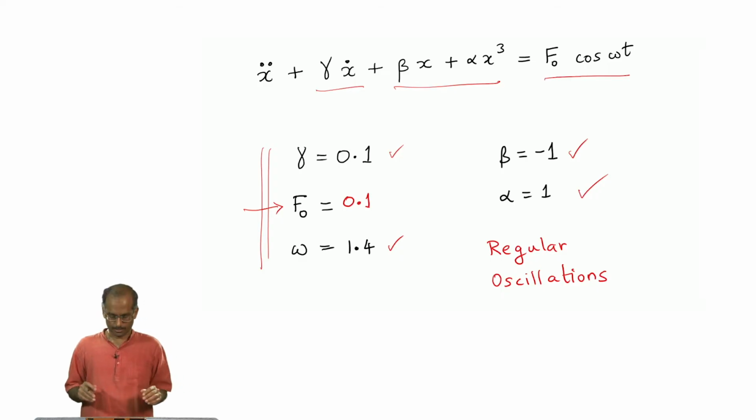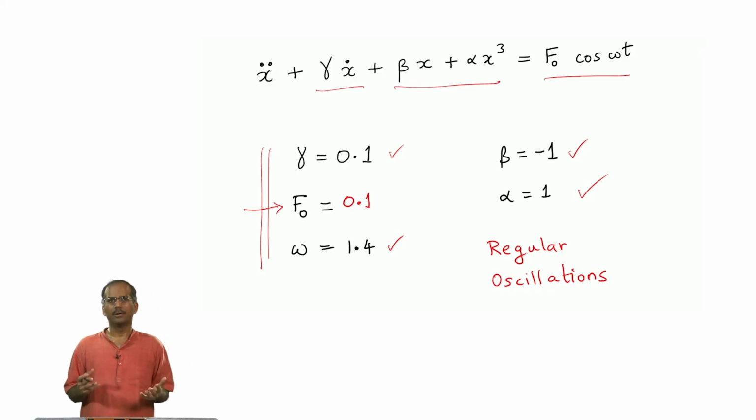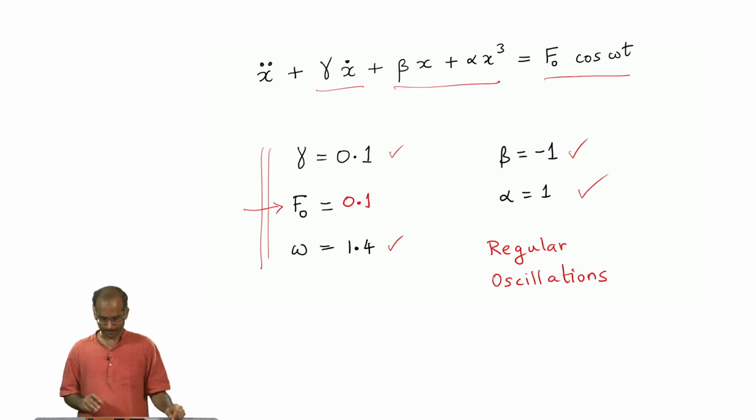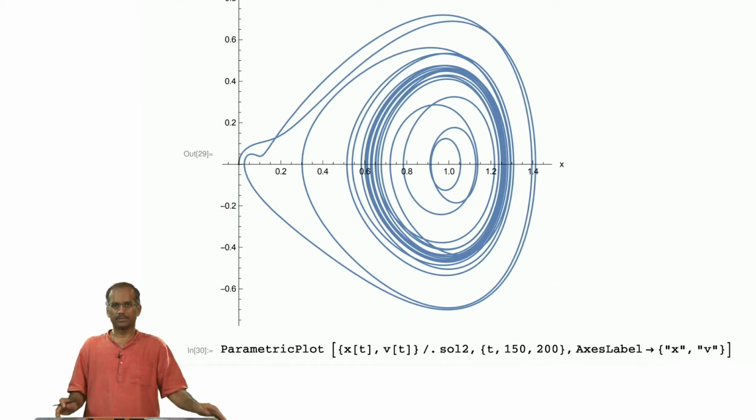So, before we do anything, I must tell you that when the problem is considered in its fullest details with all the ingredients thrown in, there is no simple way to analytically solve this in its most general form. In some limits there are solutions, but there is no general solution which you can write down analytically and see the chaotic oscillations, that is not possible. So, it has to be done numerically. So, what I am going to show you are numerical solutions from now on. For the choice of parameters that we made, this is what we will get.